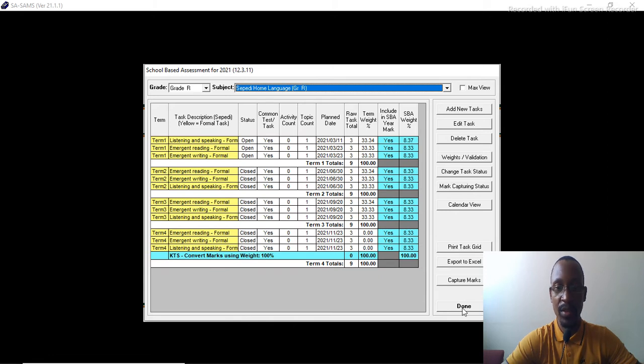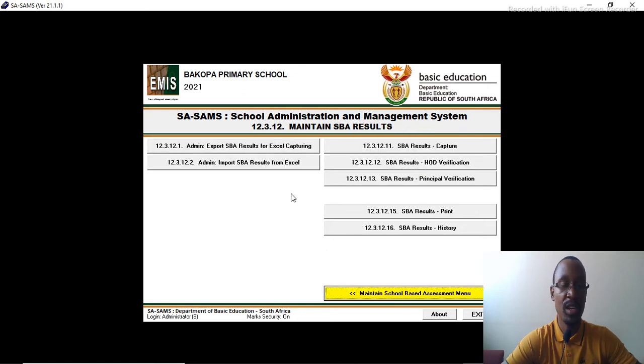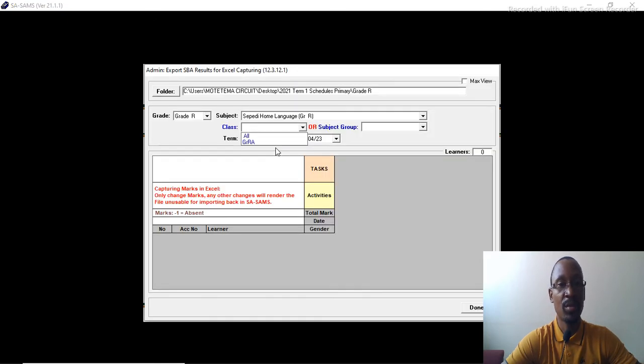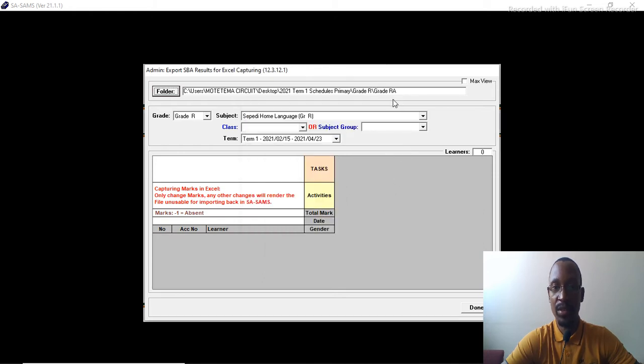So we are now going to return to our export, which is in here, maintain learner SBA. And then we simply access our export. The location, as you can see here, is term 1 schedules primary grade R. It is still the same. Let us just validate it. It's in grade R, but in grade R we want to put it in grade R class A. So we choose grade RA, and then we say okay. So as you can see, it is going into this particular folder, which is class A in grade R,